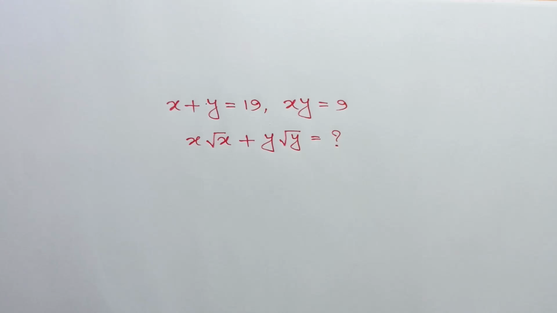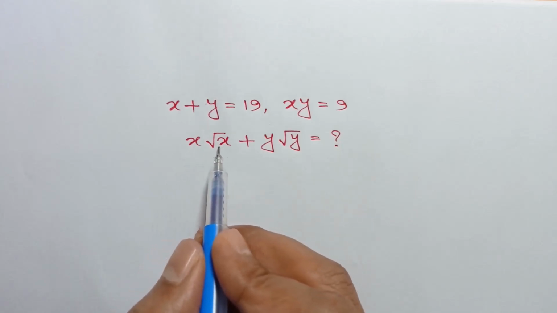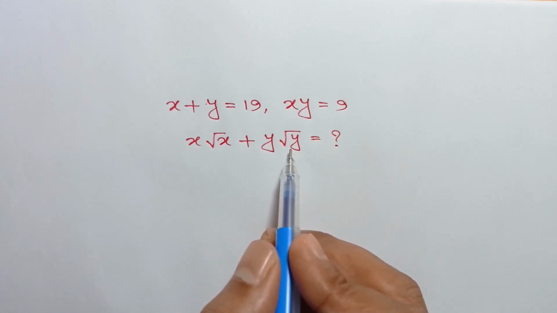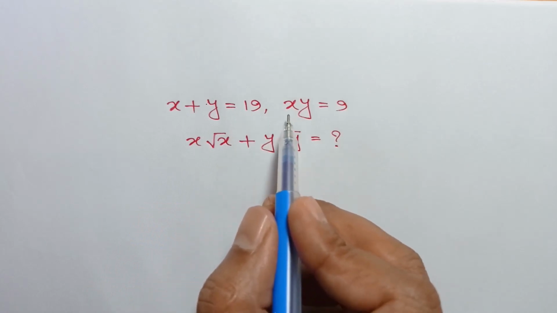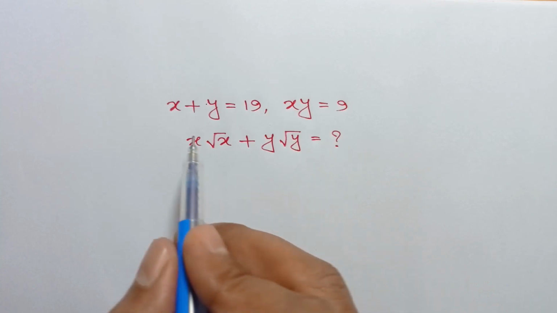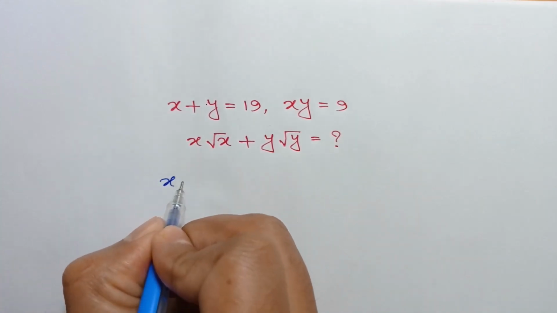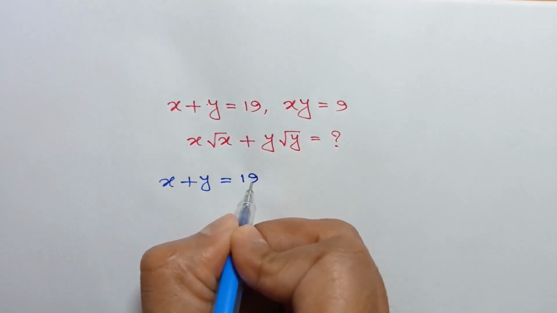Hi everyone, in this video I am going to show how to find the value of x square root of x plus y square root of y, where x plus y is equal to 19 and xy is equal to 9. From the given expression, x plus y is equal to 19,